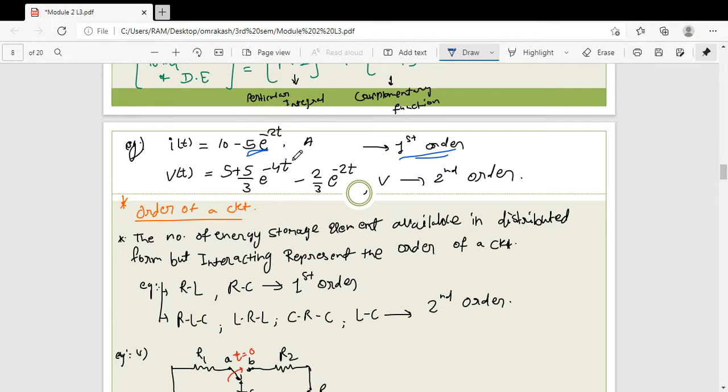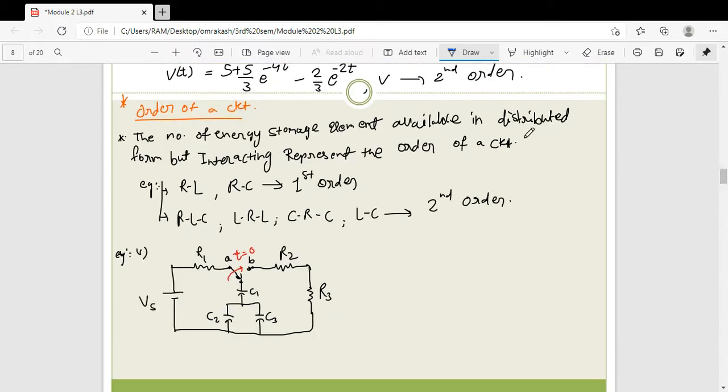Now our aim is to find out the time constant, that is, in how much time this term decreases. This is our one aim, and the second is how the circuit behaves for different types of input, right? This is nothing but e to the power of minus t by tau. Tau is the time constant, and the time constant depends on the circuit elements. For an RC circuit, the time constant is RC, and for an RL circuit, it is L by R.